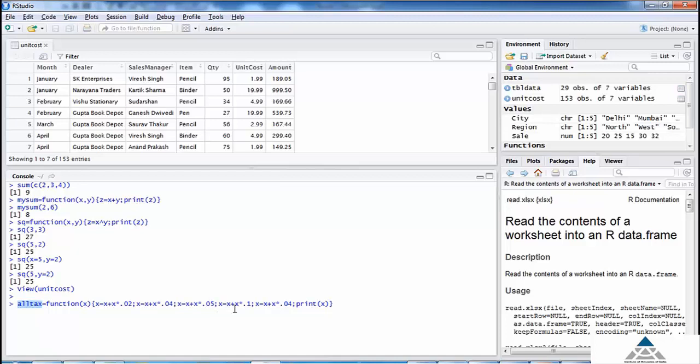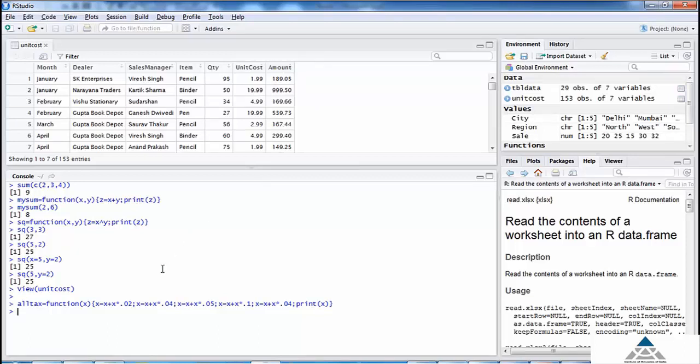Hence, we used this one function successfully to do all the 5 calculations which we would have to otherwise do separately. Along with that, we have also been able to print the value, that is the final amount. The user-defined function AllTax is now ready. We now want this amount to be populated in the table that we have in a new column next to the amount column. In this column, we will have the amounts which are inclusive of taxes.